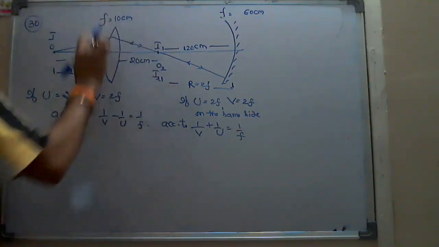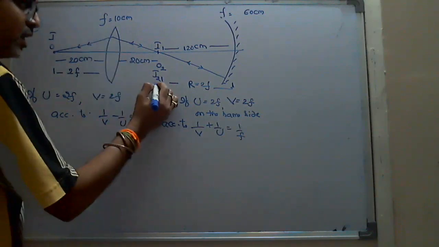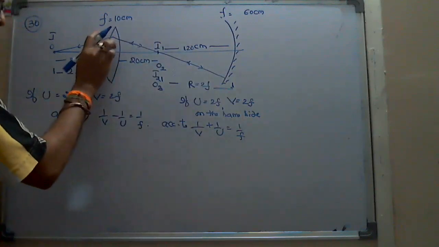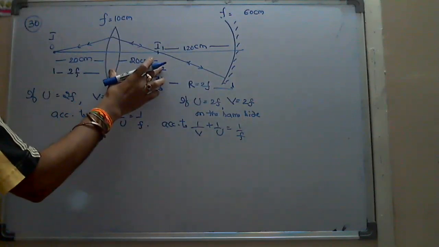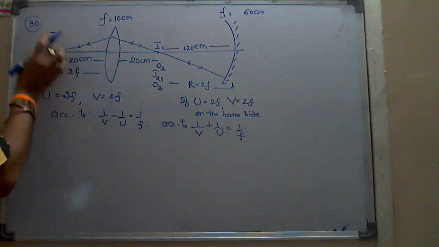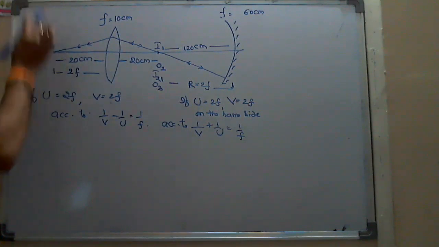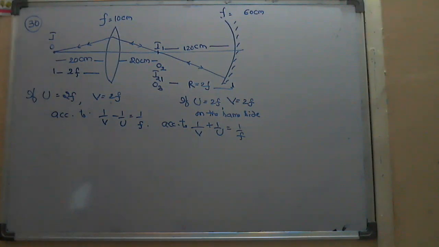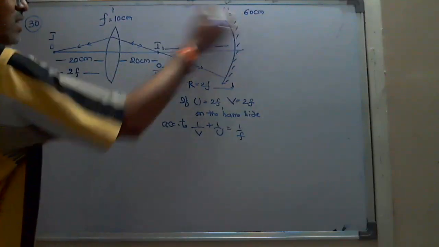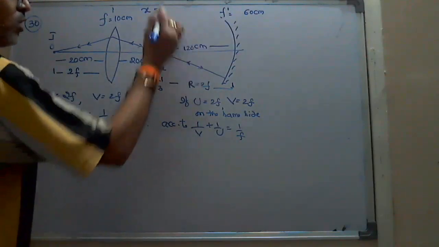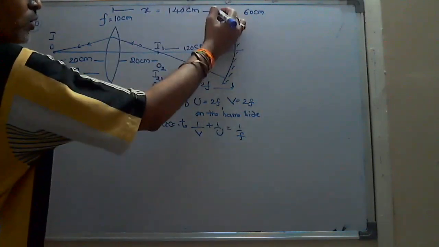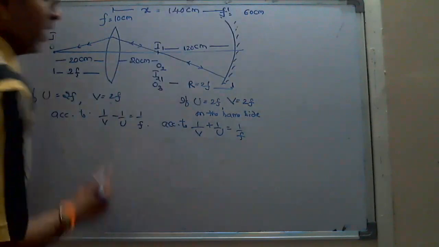That I2 behaves as an object for the lens, the third time. Refraction, reflection, and again refraction, and that is at a distance of 20, which is 2f. Again the image will be formed at a distance of 2f, means the final image will be formed at the position of the object. This is possible. So in this case, he gave the distance between these two as x, which is equal to 20 plus 120. I am getting 140 here. But 140 centimeters is not in the options. So we have to check the other possibility.